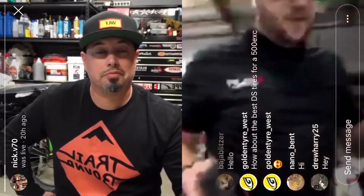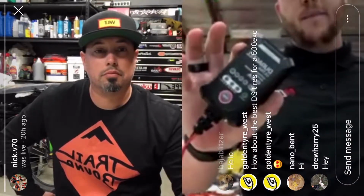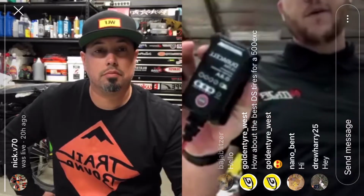We're charging one real quick, but this is the one we use. It's made by Duracell. It's pretty good. It's probably a little bit overkill for a lot of people, but